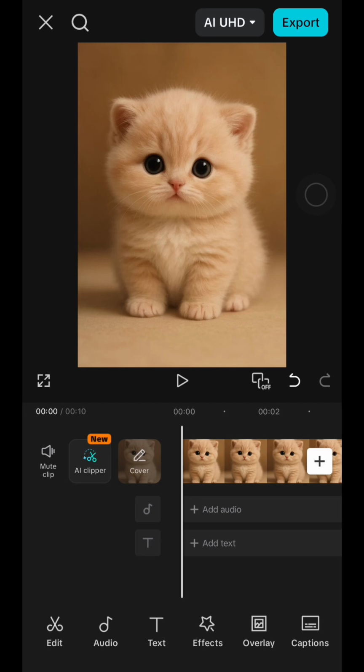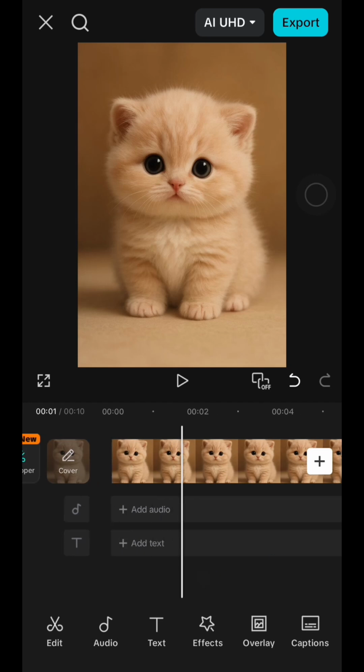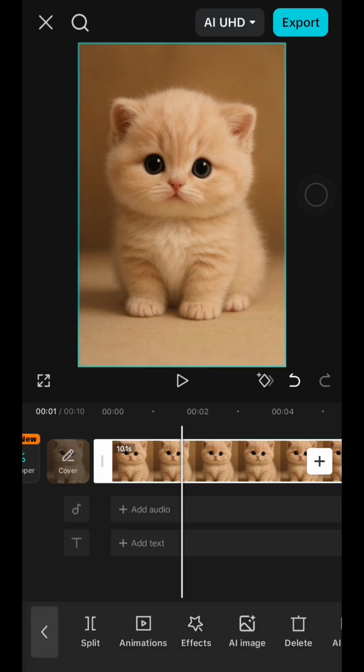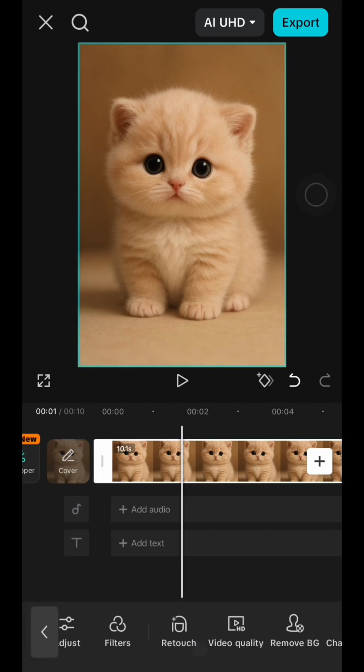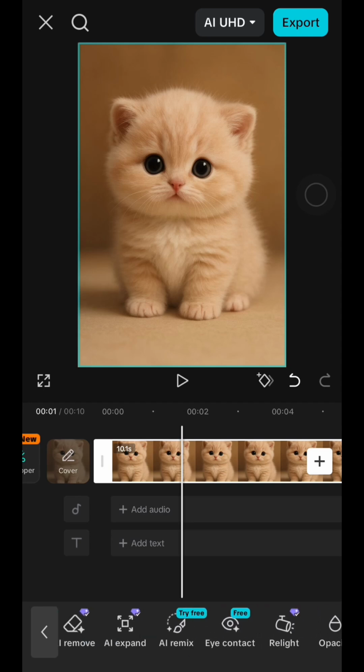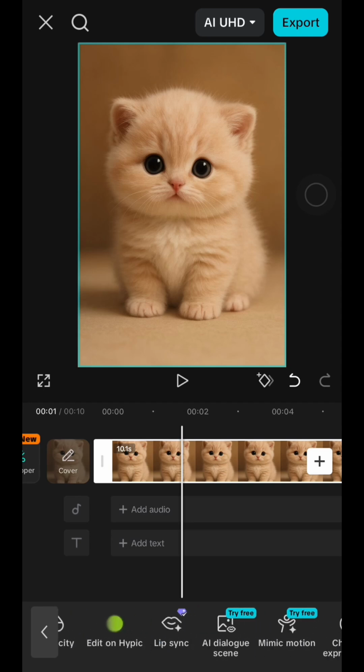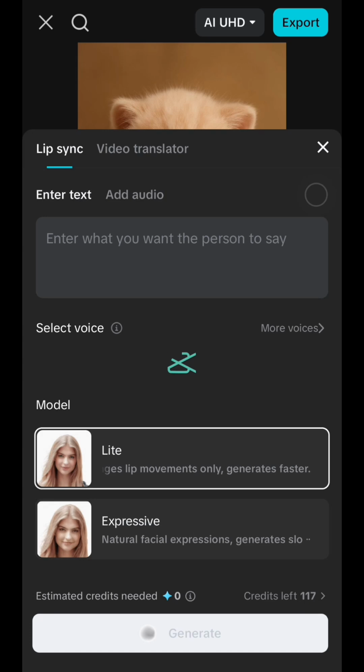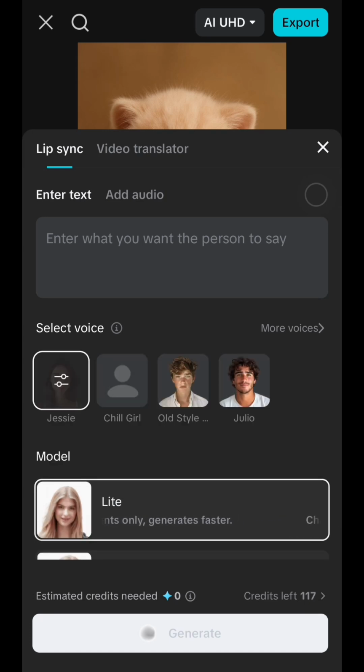First, just open CapCut on your phone and create a new project and add a single image. After that, tap on the image and scroll down on the bottom menu and choose lip sync, this one. Just tap on it, and then inside the lip sync menu you will